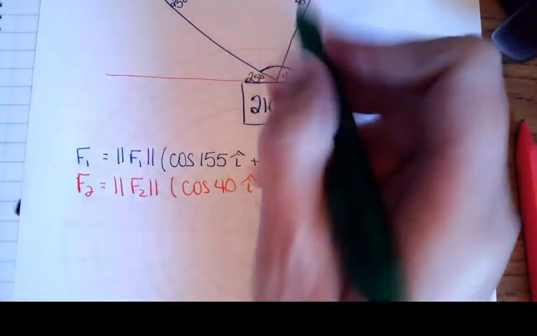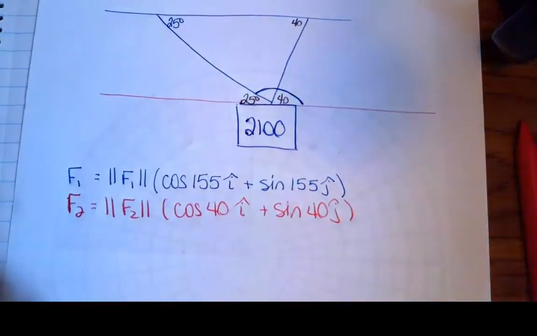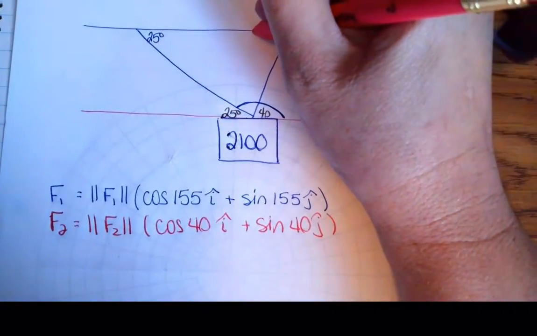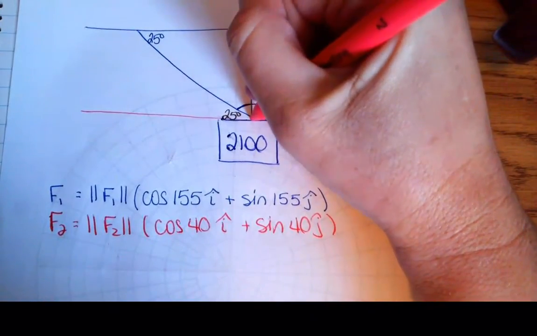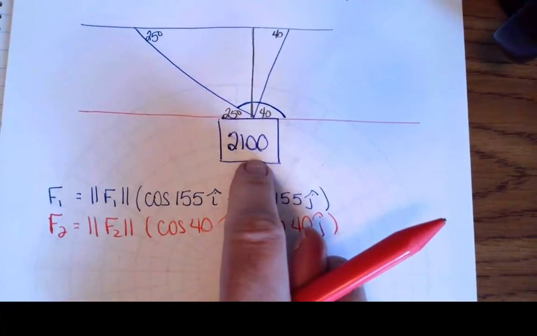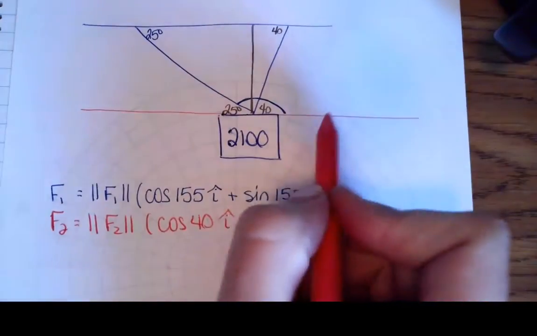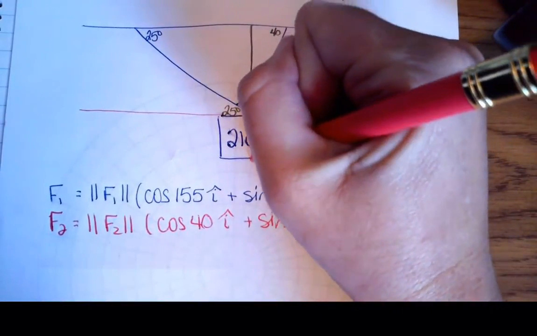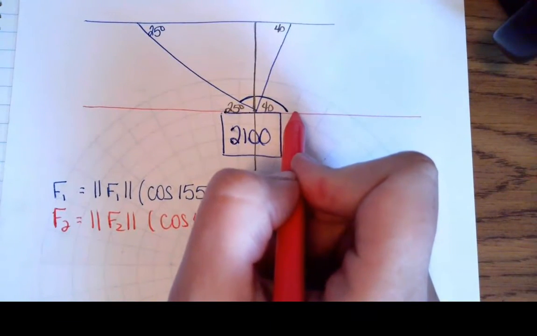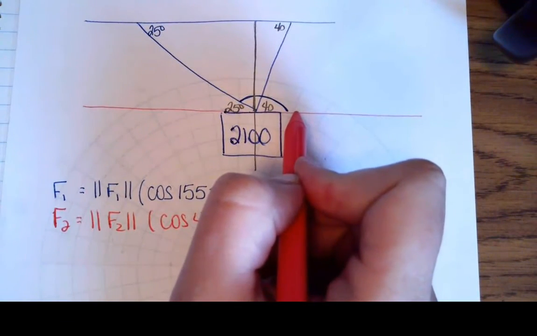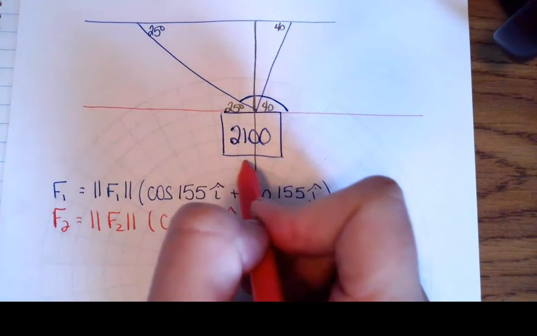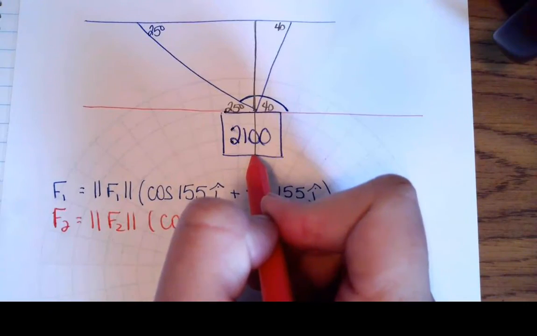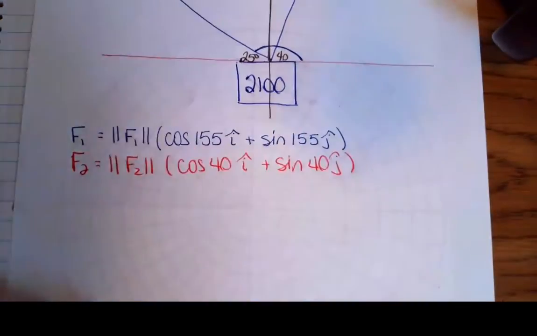And then my final one is the vertical one. This is gravity, that is holding my 2,100 pounds. So if I am measuring that from the positive axis, let's drop this down a little bit, I know that my weight is at the bottom, and so I'm going to have to come around to 270 degrees. So force 3